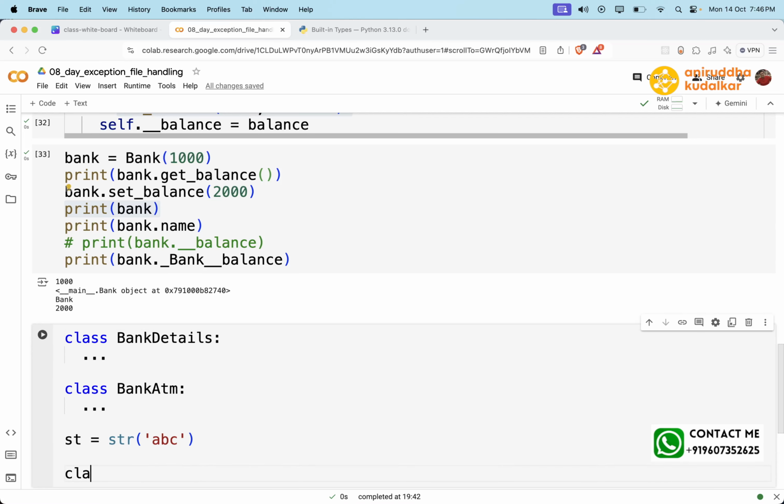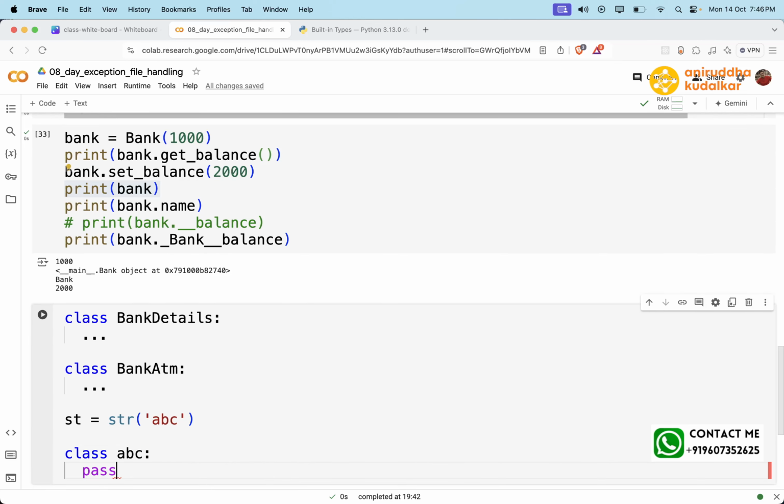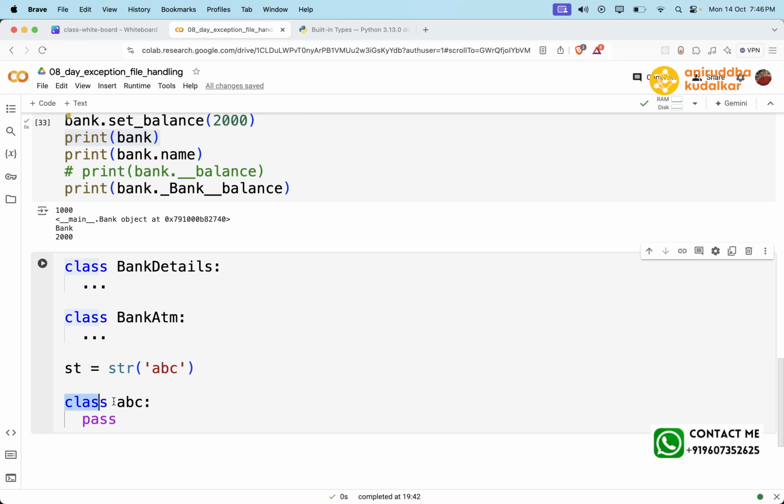So if you write a class like this, abc, this is a bad idea. Starting with lowercase is a bad name. Here we can say good name, this is the good name, and this is an absolutely bad name, because